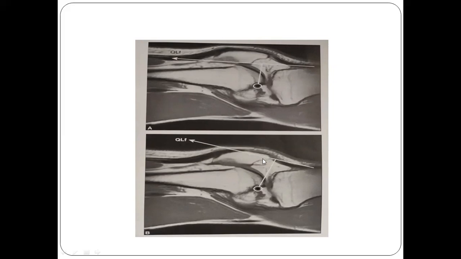But as this patella works as a pulley that deflects the muscle tendon, here the line of action, the line of force, would be in this direction. And here is the joint axis. So the moment would be increased. Comparing the moment here and here, this one is increased. So greater torque would be produced and the movement would be much easier compared to this one. So that was all about anatomical pulleys.